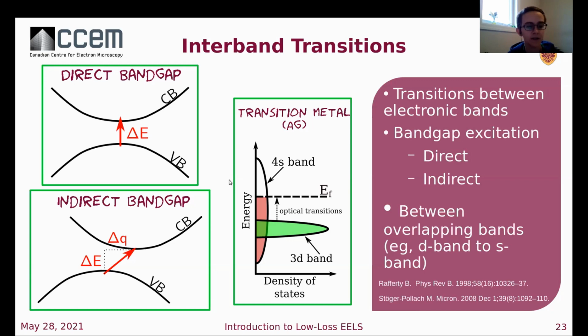So in EELS, we can see both direct and indirect bandgap transitions. So very useful for semiconductors or insulators. We will also see the momentum transfer if you care to do momentum resolved EELS. And depending on the material, we're looking at bandgaps typically around 1 eV, 10 eV, somewhere in the middle. You think about the bandgaps of your classic semiconductor material, that's what we're looking at.